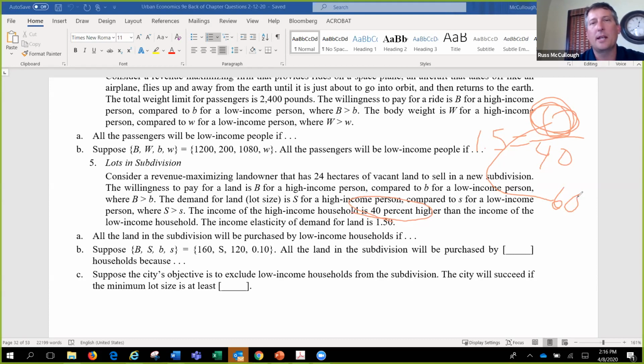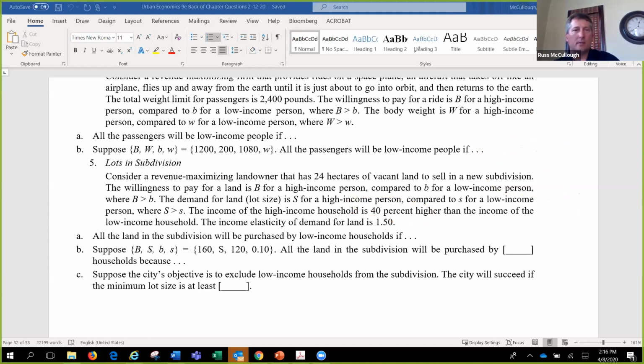Okay, final questions on that one? All right. Suppose that big B, big S, little b, little s follow this array. Those are the values, 160, S, 120, and 0.1. All of the land in the subdivision will be purchased by households. By who? And why? So on this one,